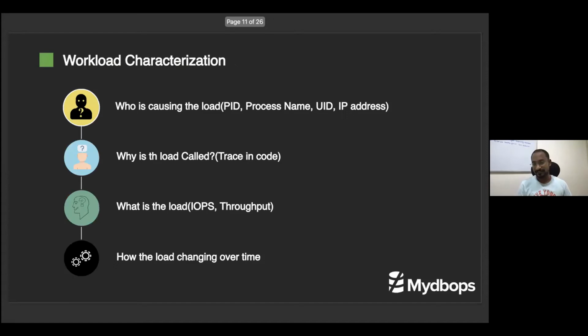First we are going to see the workload characterization method. I think 99% of companies in the industry are using this method, knowingly or unknowingly. Suppose we have an alerting system, Nagios, Icinga, anything, that throws an alert, like a load alert. Then what do we do? Who is causing this load alert? For example, MongoDB is causing it. What is the PID? Then we go a little deeper and check why the load is caused. Then we find some slow query or collection scan query running in the database.